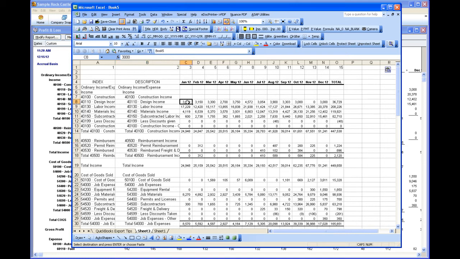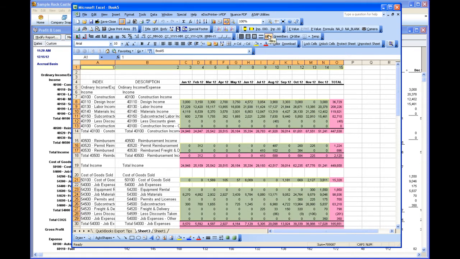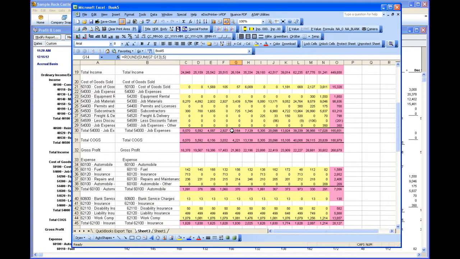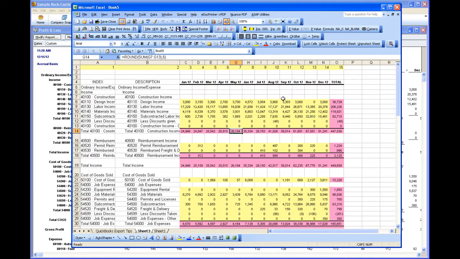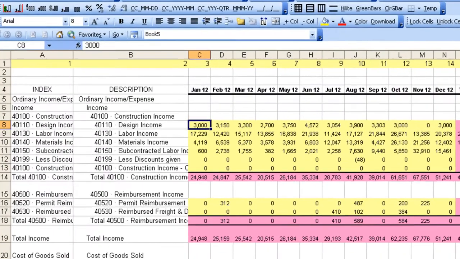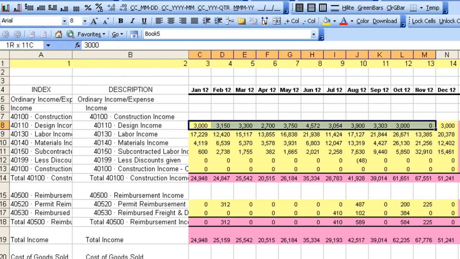Now I'm going to show you how we're going to fill in. You see we've got formulas here and it's a little difficult to know what's formulas and what isn't, so I have a macro up here that does it automatically. And I'm just looking for numbers that are fixed. So these are the ones that have to be filled in. These are the totals. So if I had a forecast and budget,